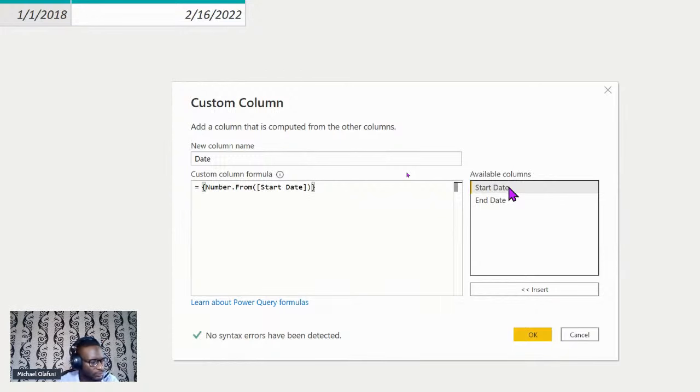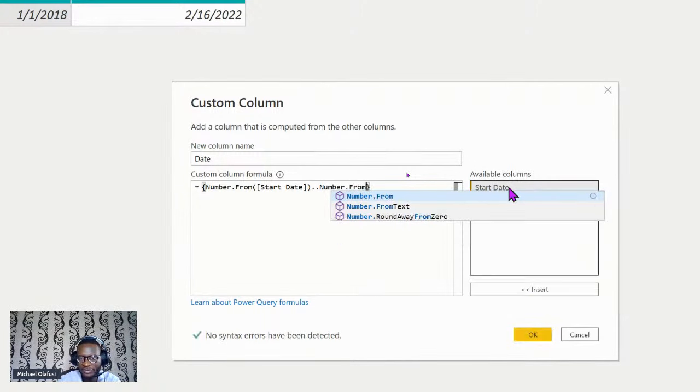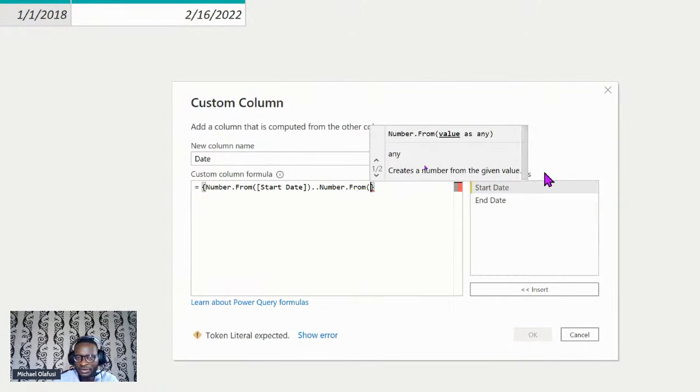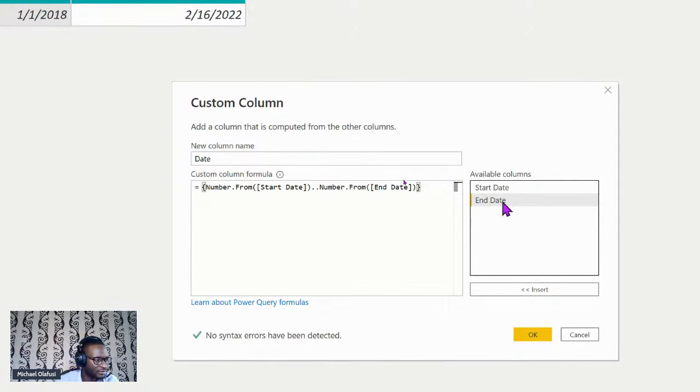I need it to go to, so two dots makes it start from that start to this end in increments of one, right? So again, number from. The reason I need to get the number from it is that actually dates at the back end are numbers. If you're familiar with Excel, you will know this. So I'm just leveraging that functionality. So number from end date, I'm closing this bracket, right?